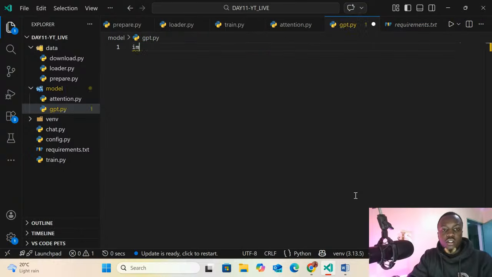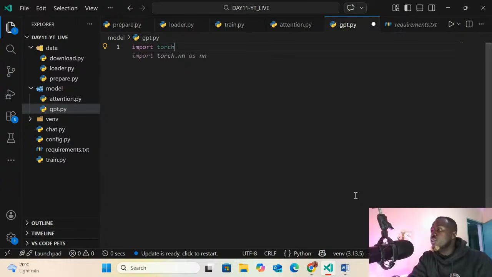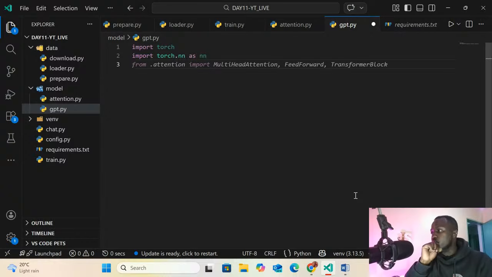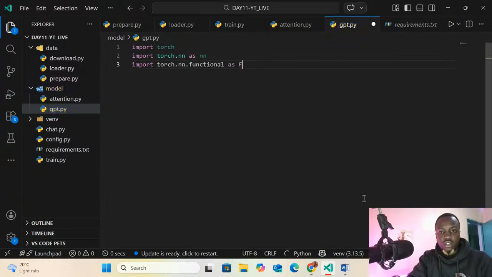First of all, we need to import. Remember that torch that we used. We need to import torch. We need to import nn. Then we need to import torch.nn.functional as F. So we are going to import everything here, like files in a file system.